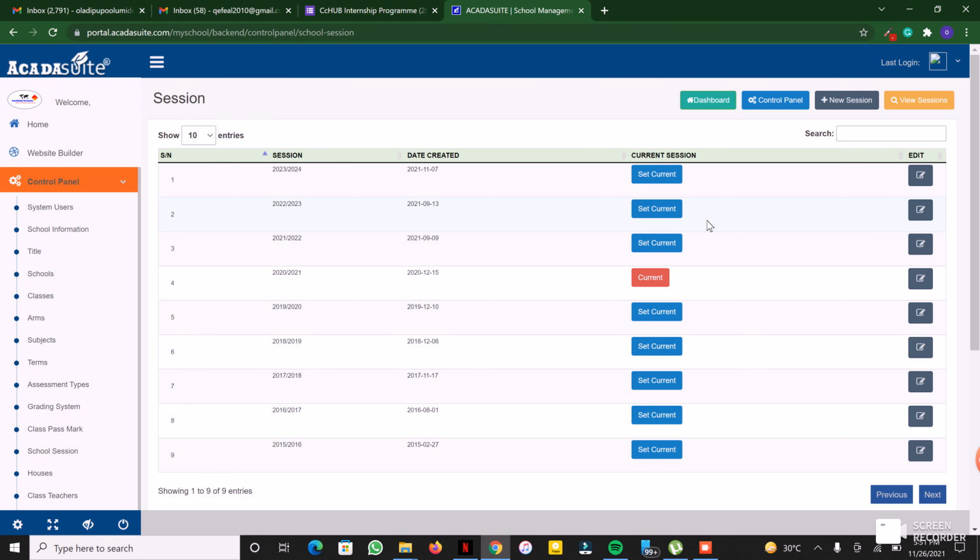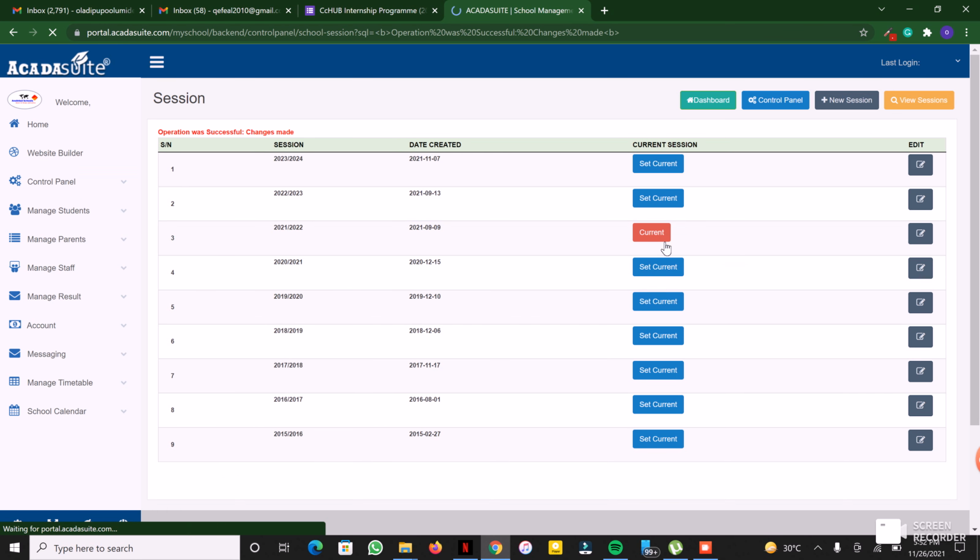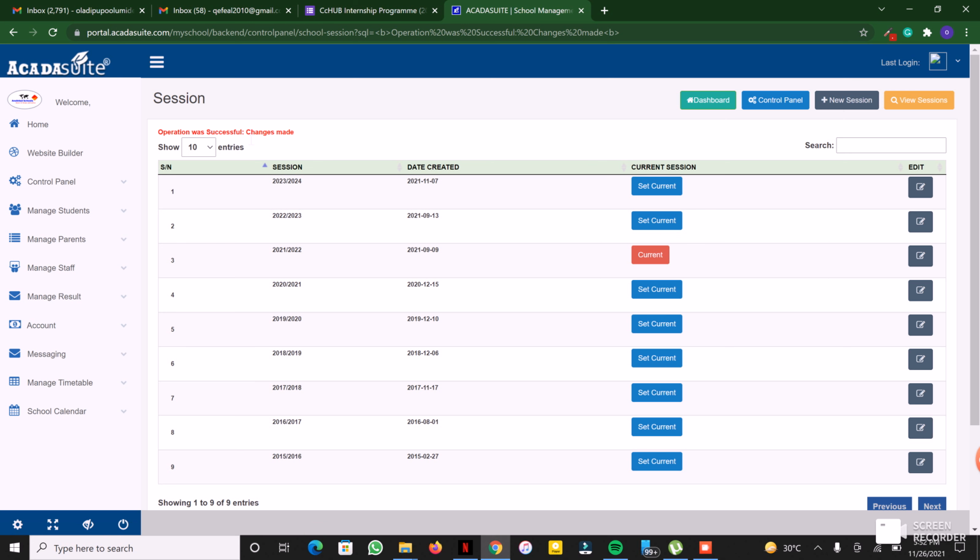So you click on set current to set a particular session as the current session. So let's say currently now we have 2020-2021 set as the current session. So let's say we are in 2021-2022 session. So to set it as the current session, I click on set current here. So as you can see, it says operation was successful, changes made, and 2021-2022 has been set as the current